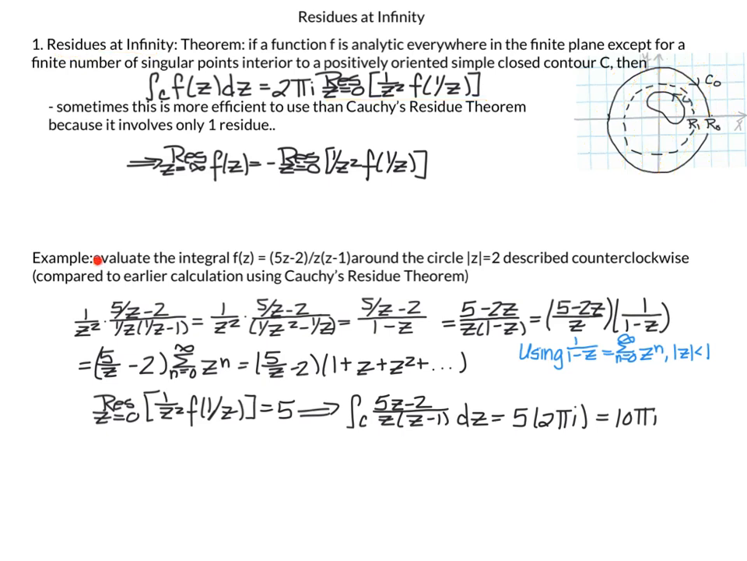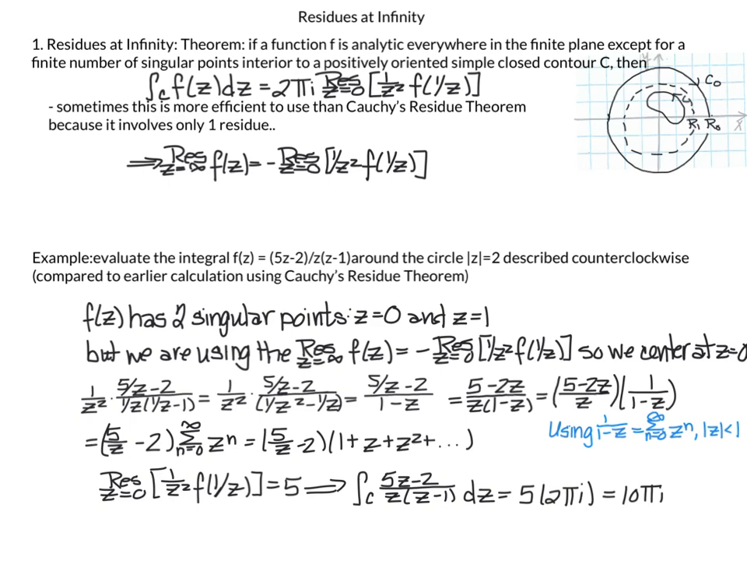I have an example to show you how this works. So we're going to evaluate the integral of f of z equals 5z minus 2 divided by z times z minus 1 around the contour modulus of z equals 2, described in the counterclockwise direction. Later in this video, in the details, we'll compare this calculation to the one we had done earlier using Cauchy's residue theorem. Our function f of z has two singular points at z equals 0 and z equals 1,